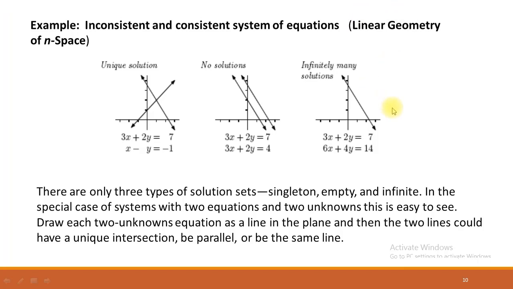So in the coming lecture we will discuss the methods for the solution of non-homogeneous and homogeneous systems of linear equations. The methods will be the Gaussian elimination method, Gauss-Jordan elimination method, LU decomposition method, and Cramer's rule for the solution of systems of non-homogeneous equations. And this is the end of this segment.